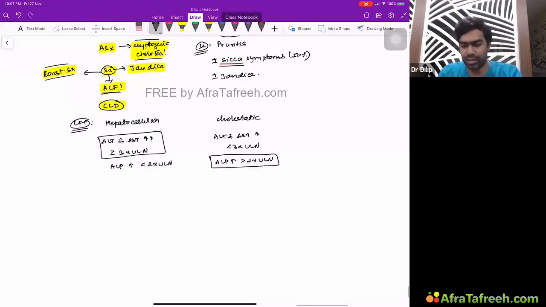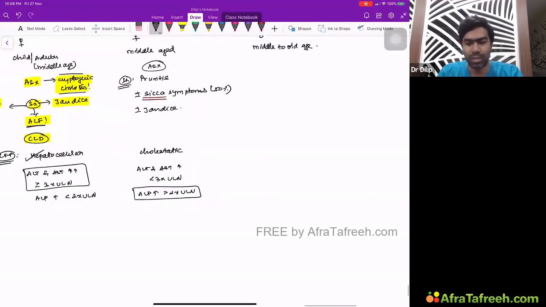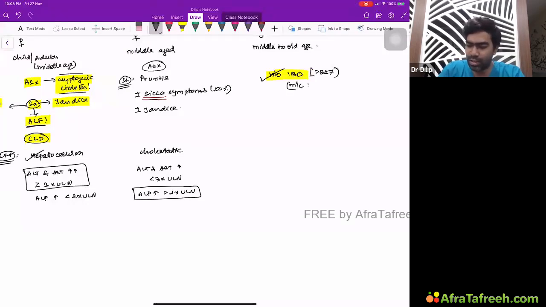Whereas in autoimmune hepatitis, it can be direct or indirect bilirubin, but very commonly it will be direct bilirubin. And in patients with primary sclerosing cholangitis, the most important is the history of underlying inflammatory bowel disease, which is seen in more than 85% of patients, which means in exam, unless they give a history of IBD, don't diagnose primary sclerosing cholangitis, which is very, very important. You need to have this history of IBD. Very commonly, you will have ulcerative colitis, compared to Crohn's disease.